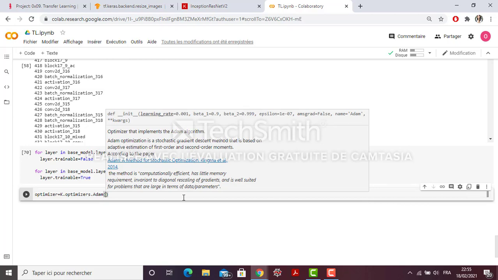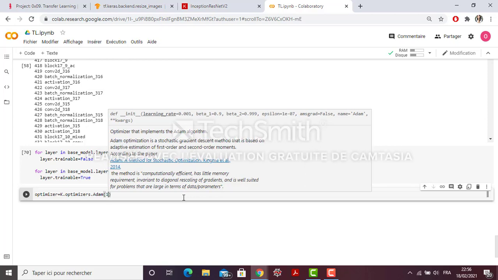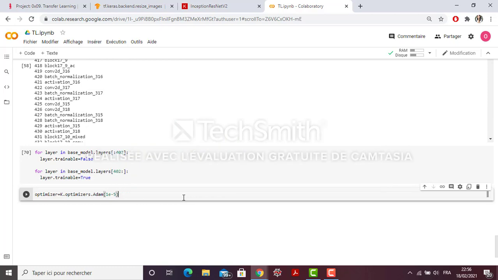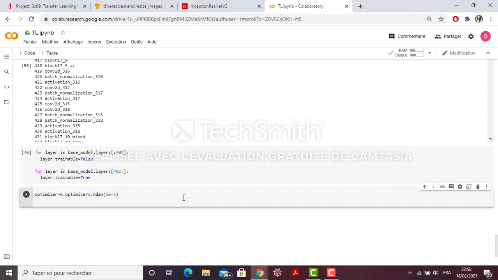Okay, so we need to compile the model with a low learning rate, otherwise it will change the weights that are already pre-trained a lot, and it will destroy the knowledge that we already gained from the pre-trained model. Okay, so I'm going to choose, for example, this learning rate. Okay, so this is for the optimizer.